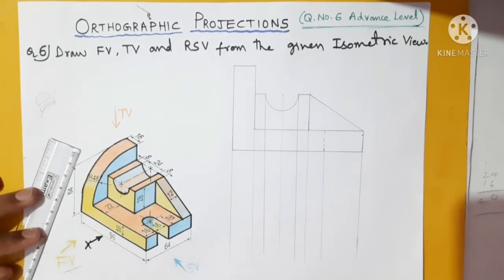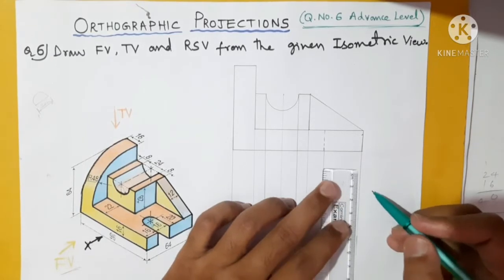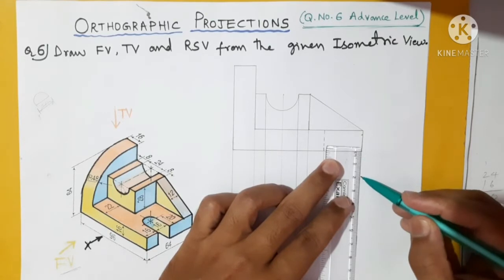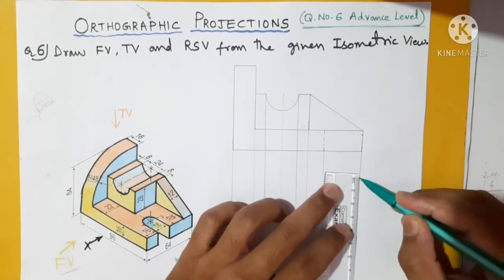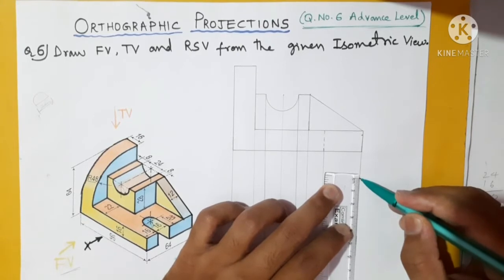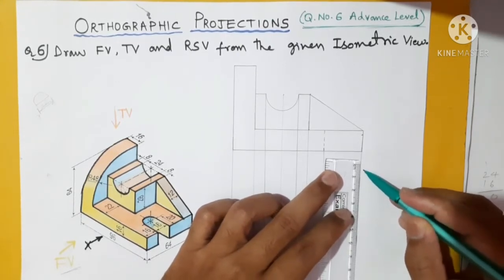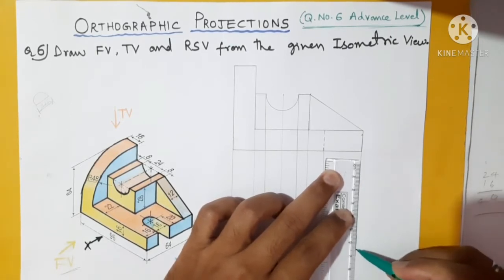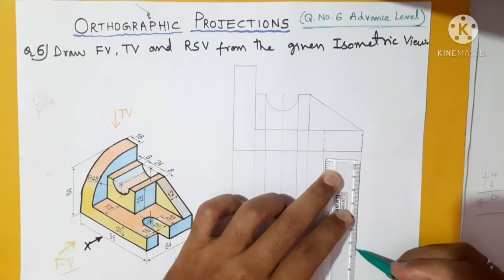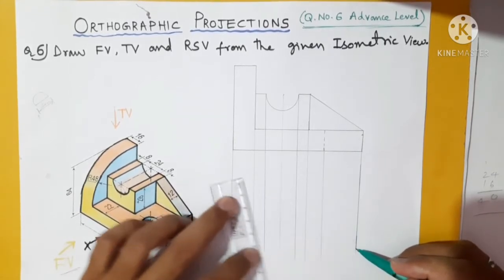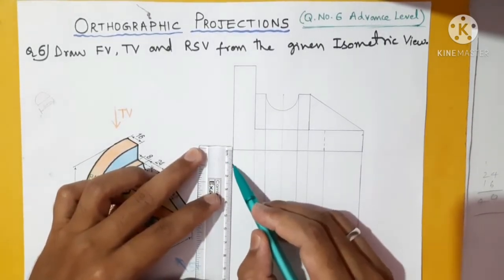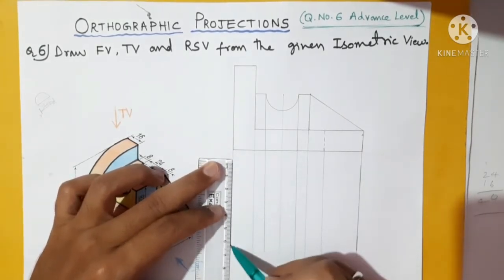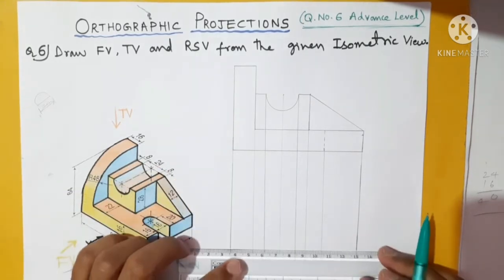I am drawing here at this corner. Anywhere you can take 64, here, up and down, doesn't matter. I will be taking at some distance with respect to the front view. Okay, here I will take. For me space is less. Here is the 64, here to here. Okay, then what we will do? The same thing, we will take some distance, same distance here. How much you have taken? Here also you take the same distance, and here also it is 64, like this. Then join these two.